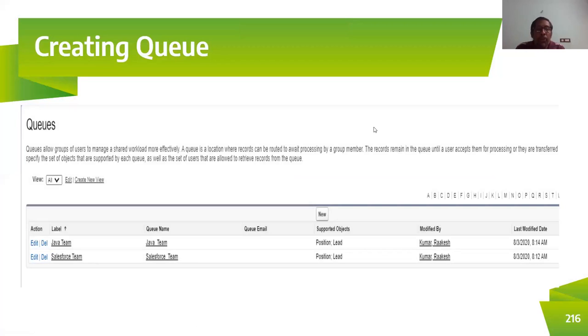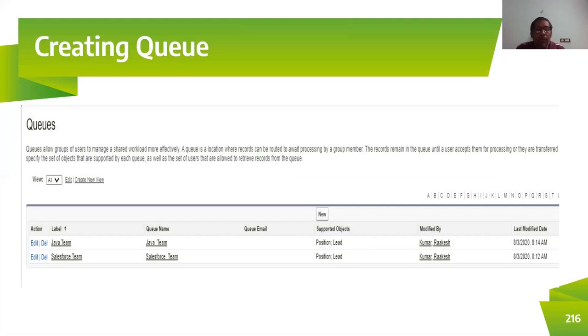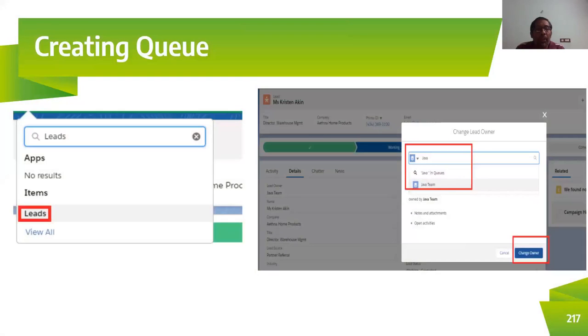So this is all about queue. I told you already about the queue. Now we have created a queue. After creating the queue, in case you want to go to a particular object, for example pharma products, you can enter the detail, and after entering the detail, in case you want to change the owner of the record,